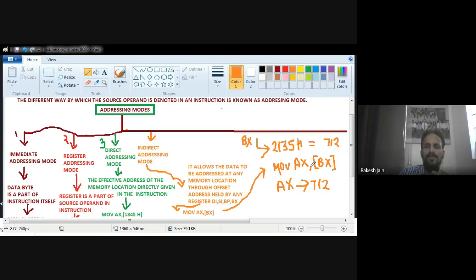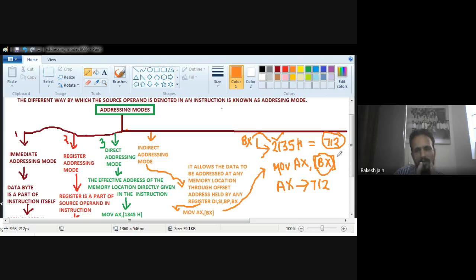Why? Because BX holds the address 2135. Now what is the data of that address? That is 0712. So the data whose address is held by register BX will move into AX.